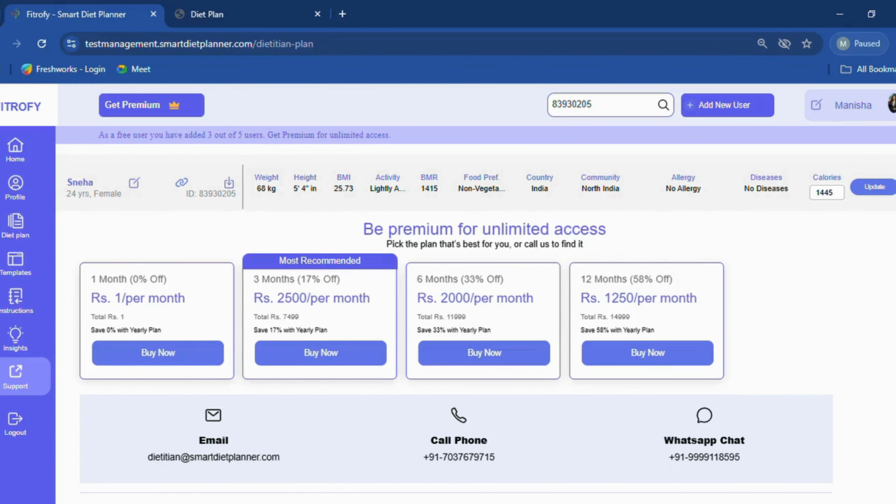And also the most important information, the plan options that we have. So remember that as I've told you, as a free user, you will only get 5 client accessibility to be added in your dashboard. Post that, you have to buy a premium plan only. And for that, you can directly click on this buy now button and do the payments. Or else if you have any confusion, any doubt, then as I mentioned, you can connect with us with any of these three options.